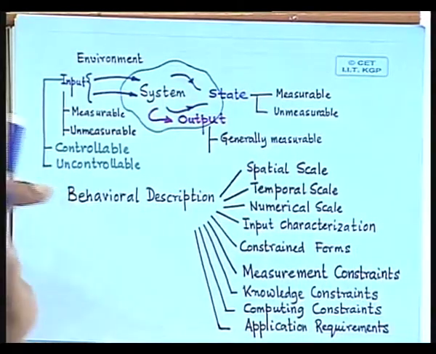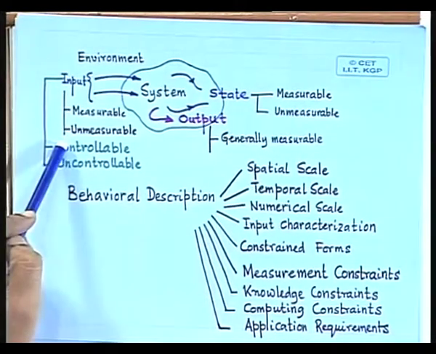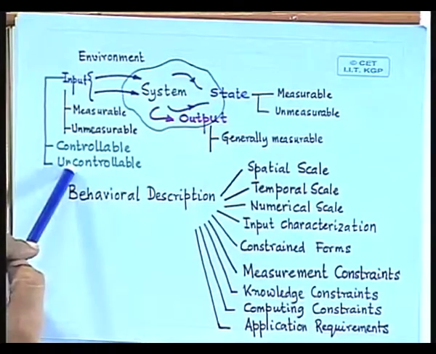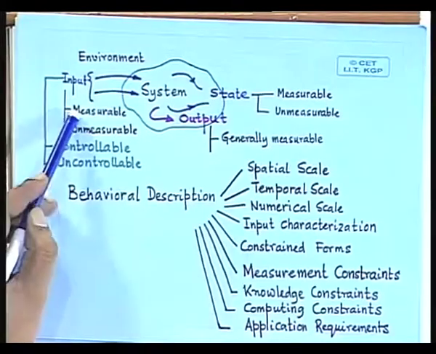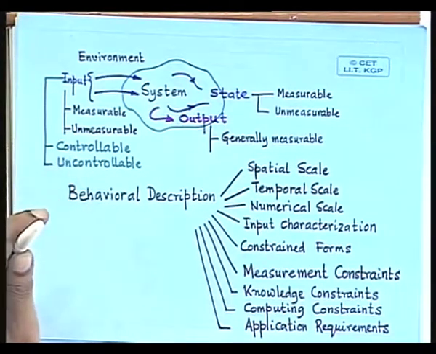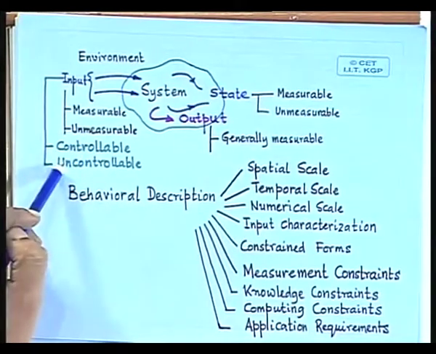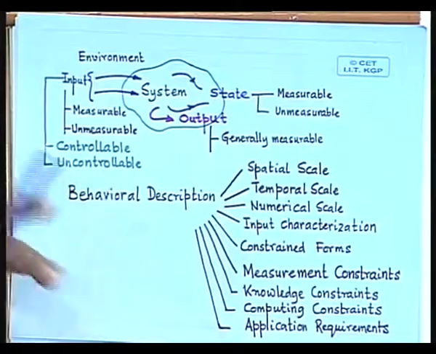So it may be measurable or unmeasurable, and not only that, it may be controllable or uncontrollable, and it can happen in any combination. In general, if it has to be controllable, it should be measurable. It is unlikely that something which is unmeasurable can be controlled, but something which is uncontrollable can be either measurable or unmeasurable. For example, disturbance